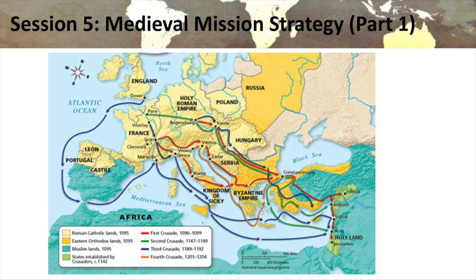And so here's a map with just the different crusades on it. You can see the different colors for which crusade it was and where it went to. But that's just to give you an idea of what they did. They moved from mainland Western Europe, and they moved down through the Byzantine Empire here, and then they moved into the Holy Land and fought down in here to remove the Muslims from the Holy Land with the sword under the guise of taking Christ to them.